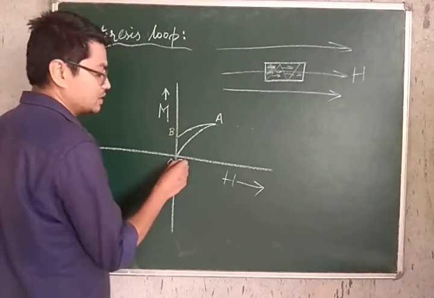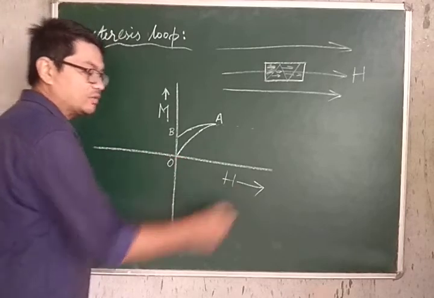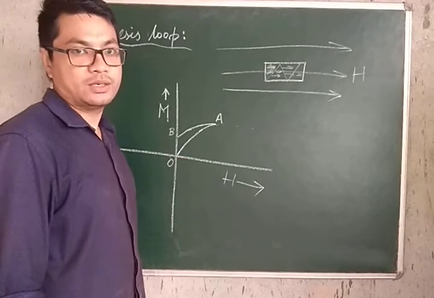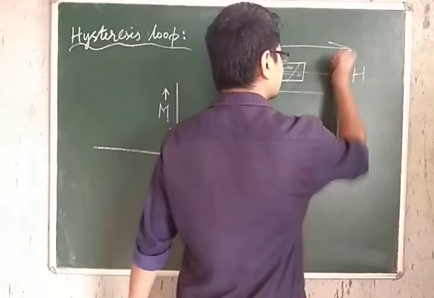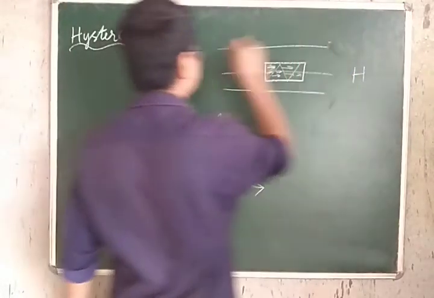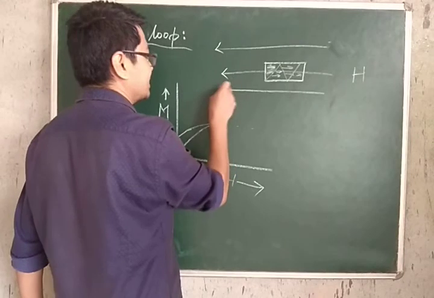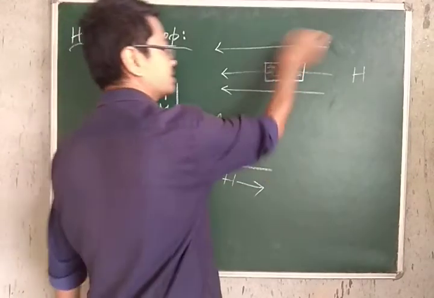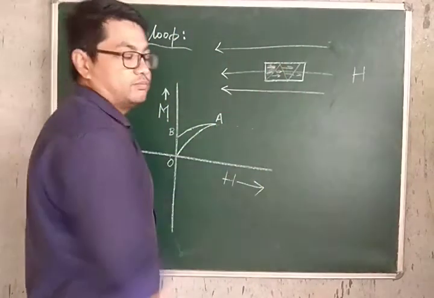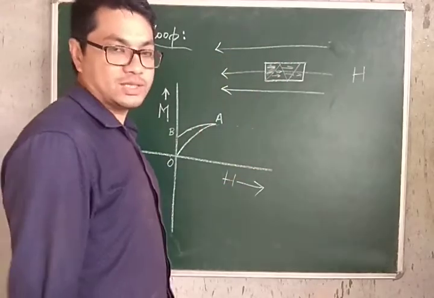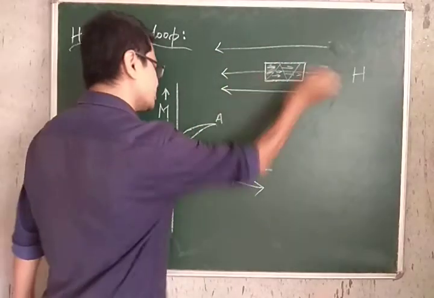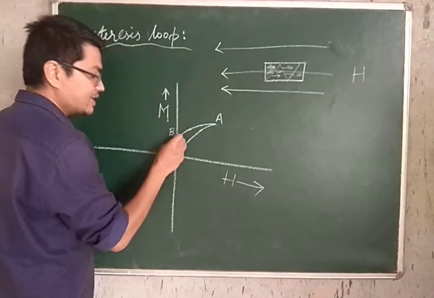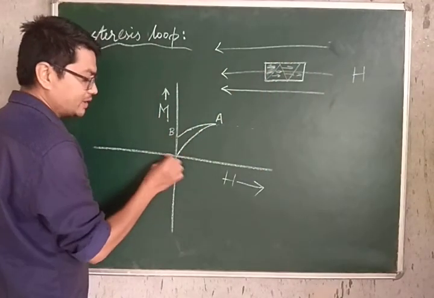You want to completely remove all of the magnetic behavior it has retained. So what you do is, you start making the magnetizing field negative now. So magnetizing field is made negative means what? It means that you have now changed the direction of the external magnetizing field. So the external magnetizing field is in this direction now, towards the left hand side, so to say. So you change the direction of the external magnetizing field, then after it is seen,